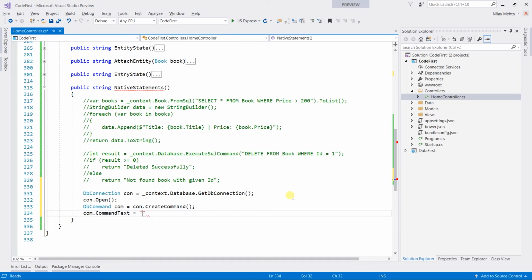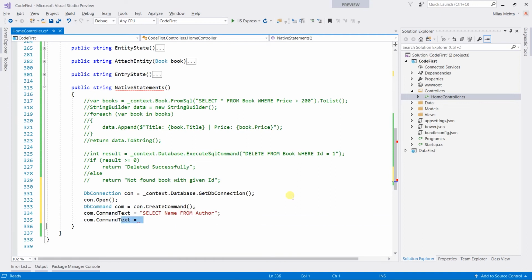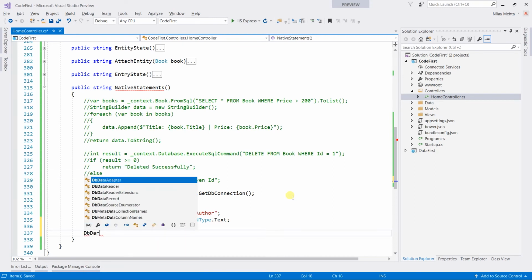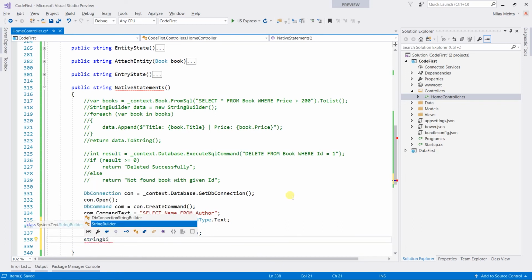Let's select only the author name, so I am going to write select name from author and set the command type to text and obtain the data reader, DbDataReader dr equal to command.ExecuteReader. StringBuilder data equal to new StringBuilder